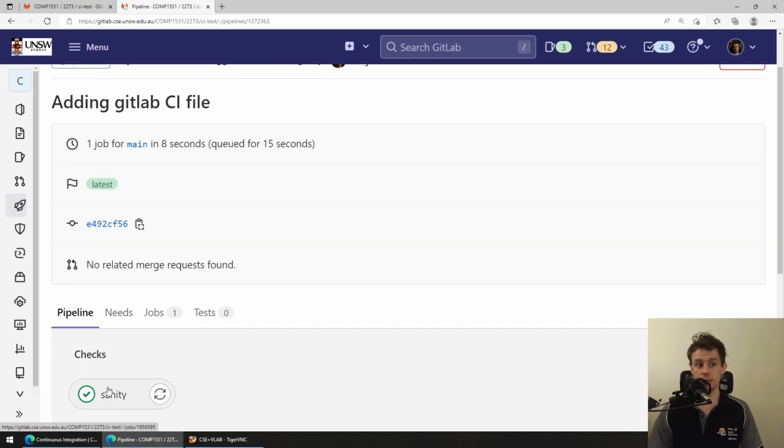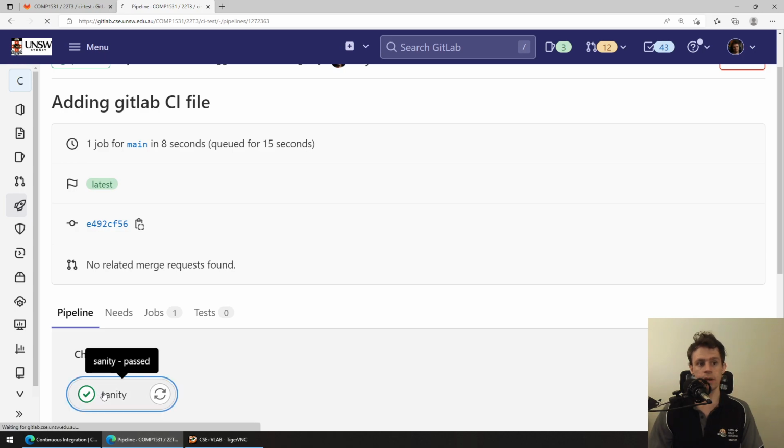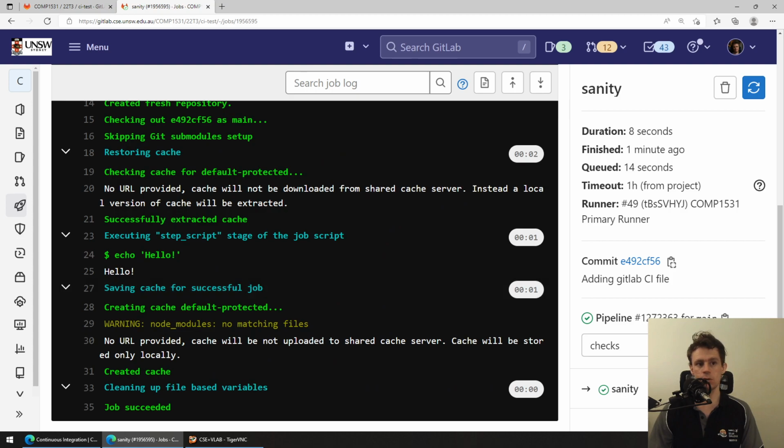You'll see that it says it did a check called sanity. And if we look back at the code here, you can see that there's a check called sanity. Cool. And when I click on that, it's got a whole bunch of text here that I can mostly ignore, but you'll see it actually ran that code right here. So that echo hello was run right there. Now the main point of this is not to show you all these things and scare you. The main point of this is just to very quickly demonstrate to you